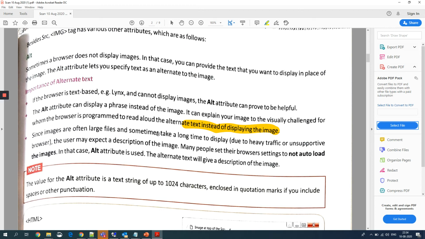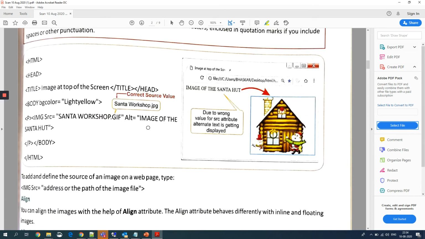If your web browser is unable to display your image and you have given an alt attribute, then at least the text you wrote in the alt attribute will show, like they have given here: alt equals to image of the Santa hut. In case the image does not display for any reason, for example due to a wrong value of the src attribute, the alternate text is displayed.